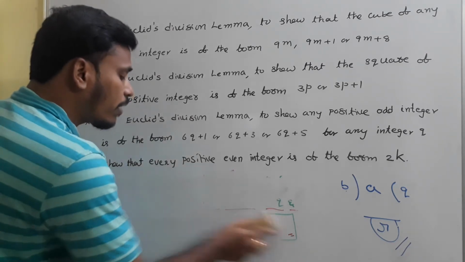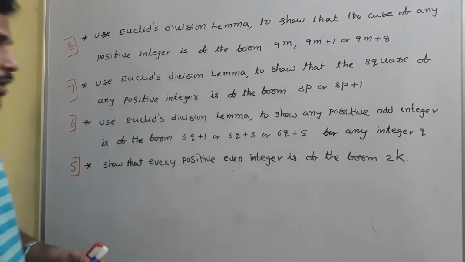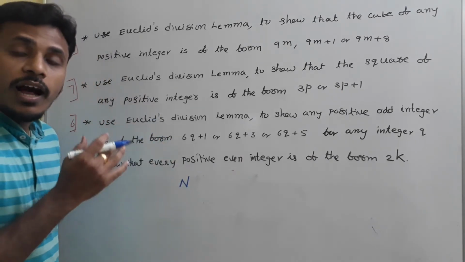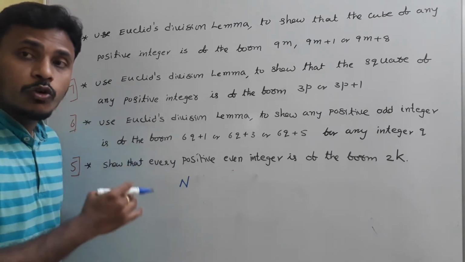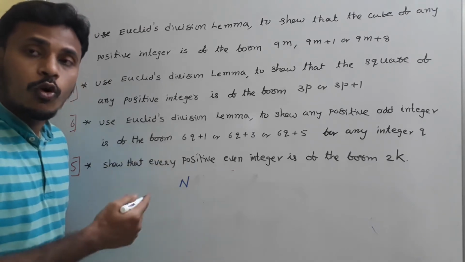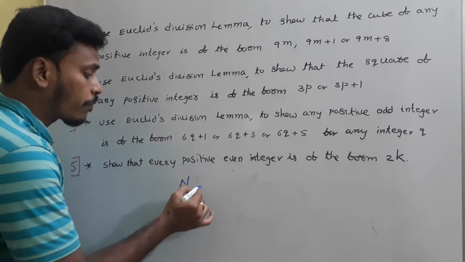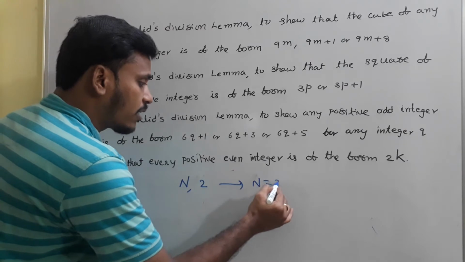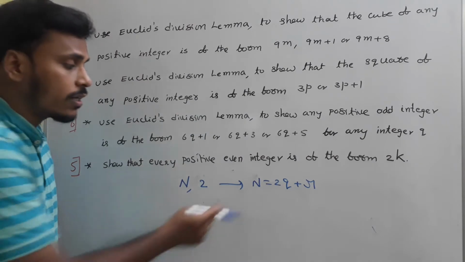At the end of the previous class, I mentioned different forms of numbers. Suppose you have a number n. There are many ways to observe this number, with respect to 2, with respect to 3, with respect to 4, with respect to 5. If you apply the statement of Euclid's division lemma for number n and number 2, you will get the representation n is equal to 2q plus r, where the value of r is between 0 and the divisor 2.